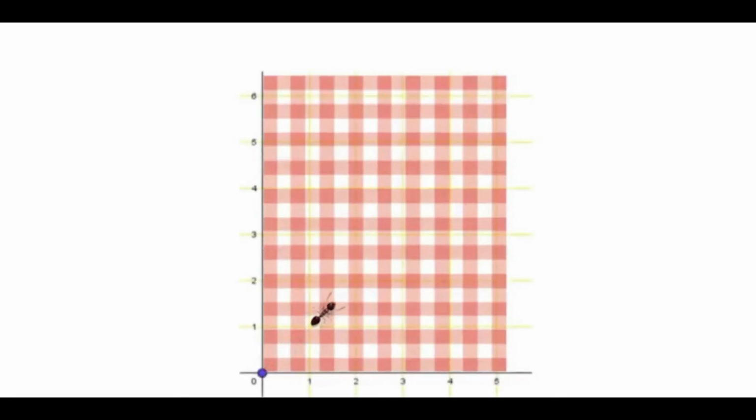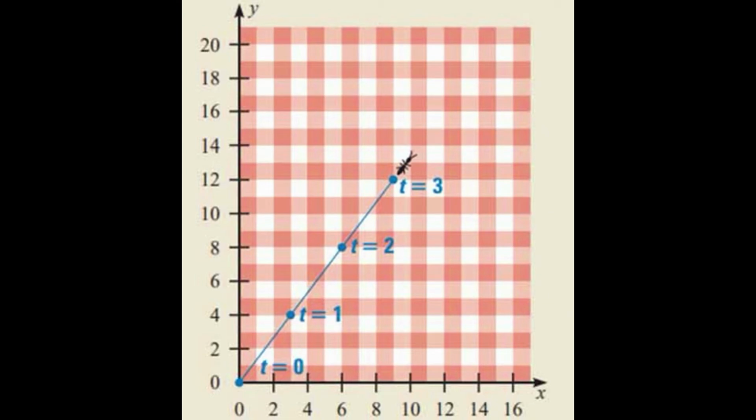We draw two mutually perpendicular straight lines on the edges of the tablecloth and they are considered the x and y axis respectively. Then the intersecting point of the lines is the origin of the plane containing the tablecloth. Suppose an ant starts its movement at the origin and moves in a straight line on the tablecloth as shown in the figure. The ant's position ordered by x, y relative to the coordinate axis is shown in the figure for different times t given in seconds.